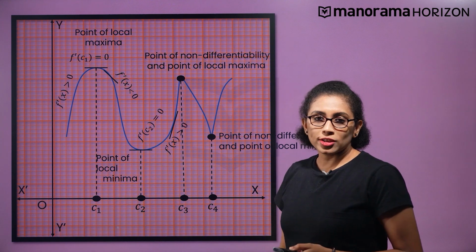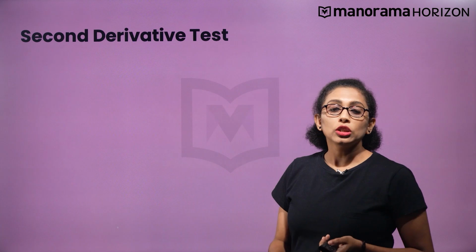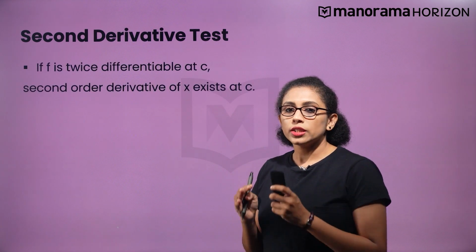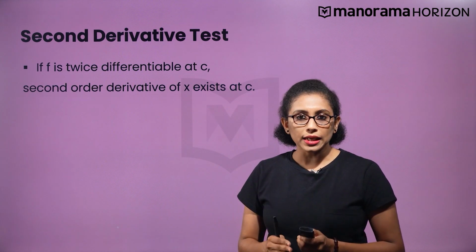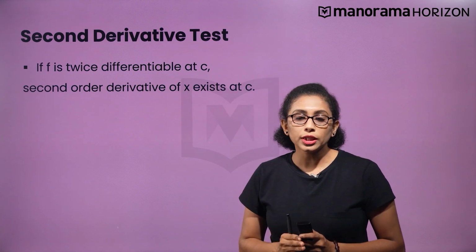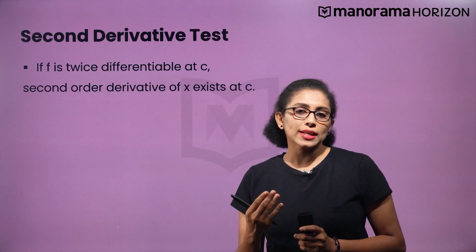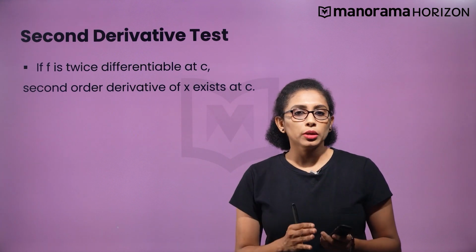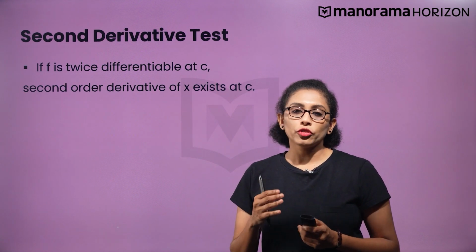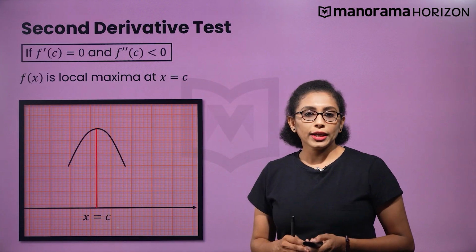Now, let us focus on the next, that is, the second order derivative test to find local maxima and minima. If the function f is twice differentiable at c, we mean the second order derivative of f exists at that particular point c. Now let us see how to perform the test to examine the local maxima or local minima using the second order derivative. It is much easier to apply than the first order derivative. In the second order derivative test,